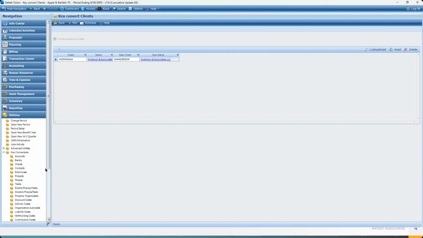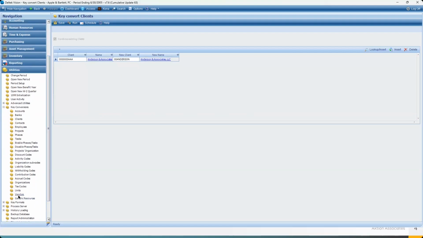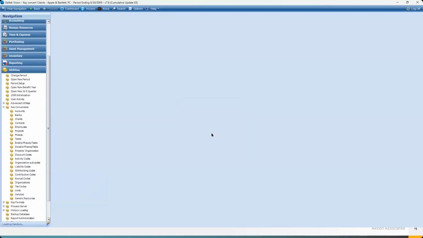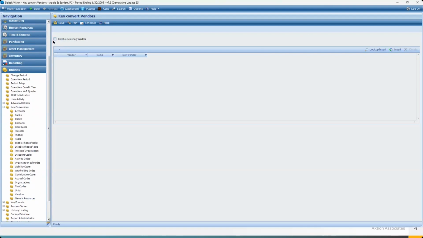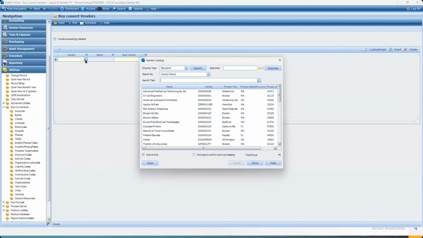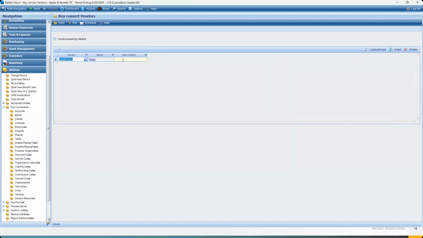So if I come down into my key conversions and go down to vendors, you can see you can combine records or you can change the number of records. I'm going to combine my records because I want to take 2 and make them into 1. And again, you want to insert that. In this one I have 2 FedExes, one that's full Federal Express and one that's FedEx. So I want to retain the full Federal Express. So again, I want to pick this one and I want it to go into